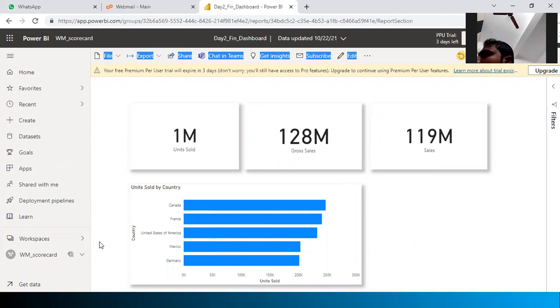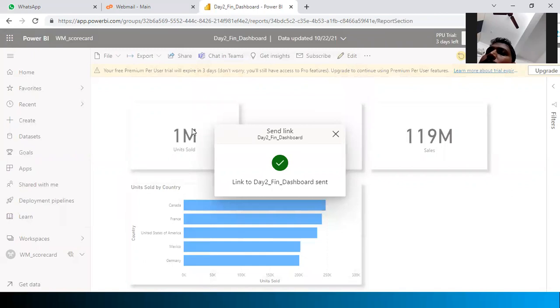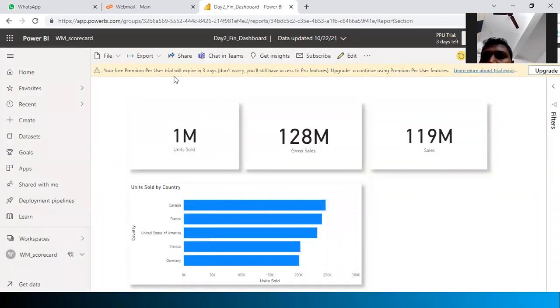On cloud, we have something like workspaces. There I published it. So what I do is, I can look here. I have something called share access. When I do this share option, for example, I give it like this. And if I click send, this report link will be shared with you. Let's say you are part of my company, and I will share this report with you. We are all working together, right? And you want to see the report that I developed. In that case, I can share it with this option in the workspace.